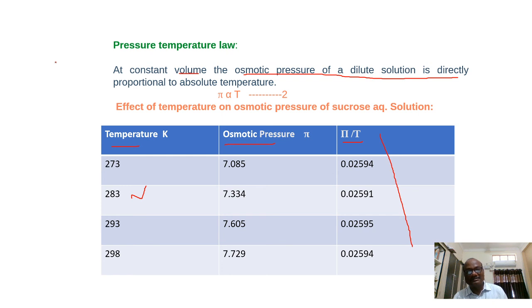What we have discussed: problems on RLVP, that is Raoult's law. We have discussed the concept of diffusion and osmosis and the differences between diffusion and osmosis. How to calculate osmotic pressure with the formula pi is equal to h rho g. Next we derived the equation for osmotic pressure based on the concept of chemical potential. Next we discussed the Van't Hoff laws of osmotic pressure. Among the two laws, one is Boyle's-Van't Hoff law, the second is Van't Hoff-Charles law. These two laws we have discussed.